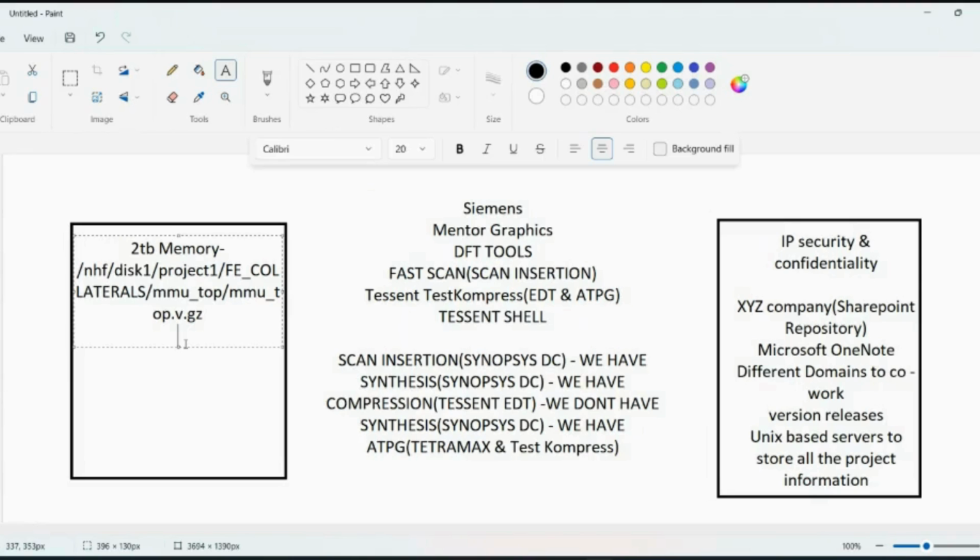Any company that you join, the first initial trainings would be on data security and how to behave in the work culture. All these trainings will be there. This is common. This is how in real time we work, not just in DFT, in the semiconductor industry I'm telling you. So when you have this kind of system,